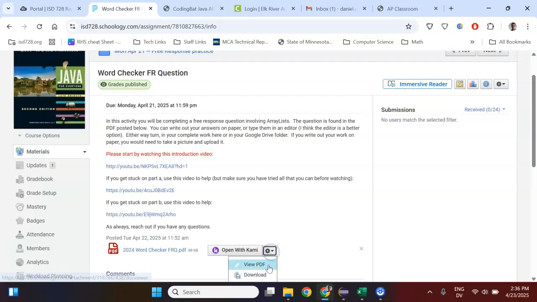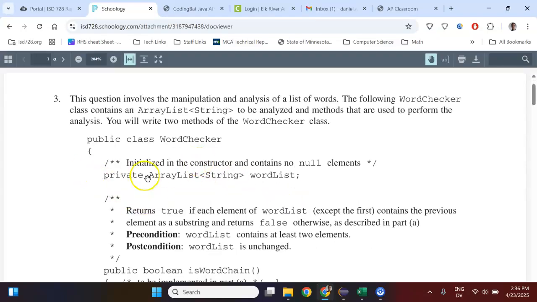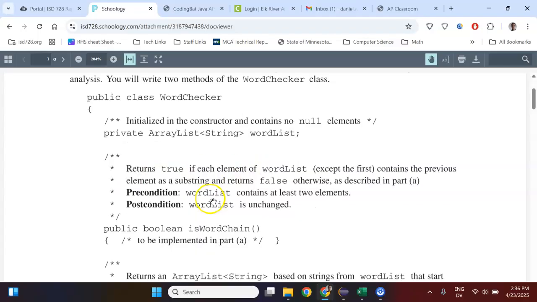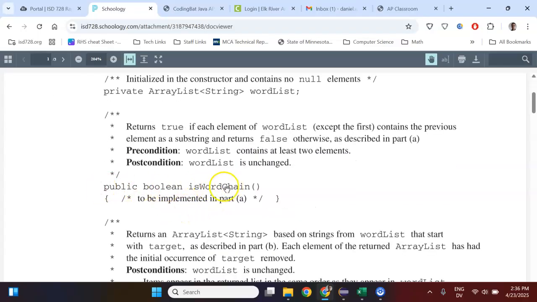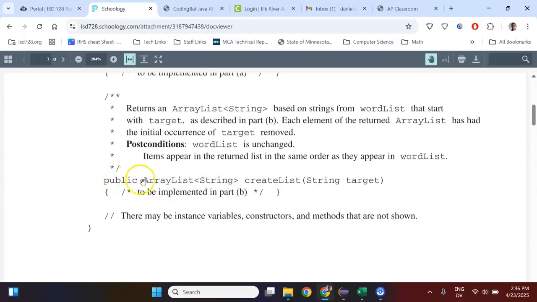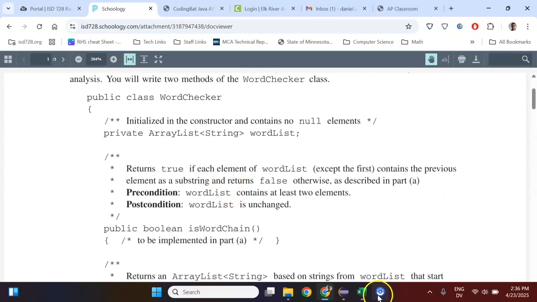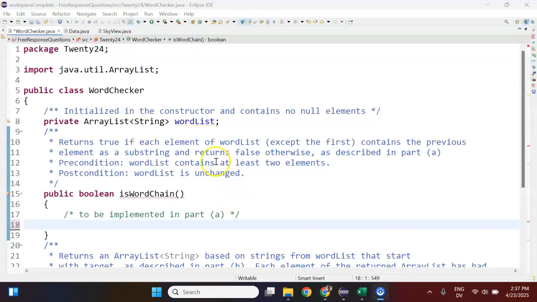Okay, so you just have to fill in the method, I think. If I look at this quick, you have to know that there's a global ArrayList called wordList, but then you just write a public boolean wordChain and fill in the code there. And then there's another method, public ArrayList<String> createList, that you just fill in the code there too. So you can write it out on paper, or if you prefer to type it, you can just create a